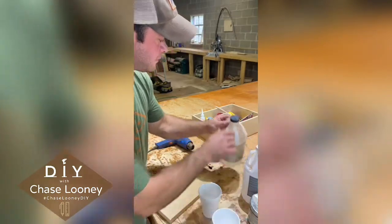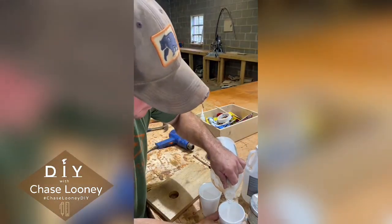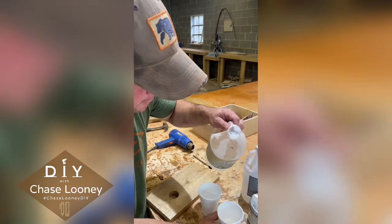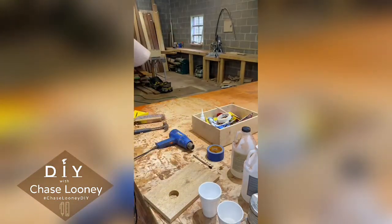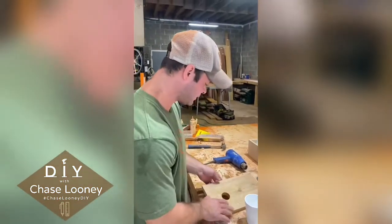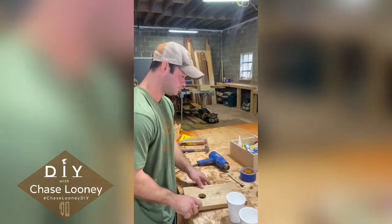Like I said, it's a simple process, but it's a love-hate, because you will think you have it perfect. You come back the next morning and you got bubbles, or you didn't do enough, or your epoxy found a crack and it just leaked in there. So I'm going to show you a few tips and tricks to kind of relieve that. So this is going to be my top side. So what I try to do, my top side,